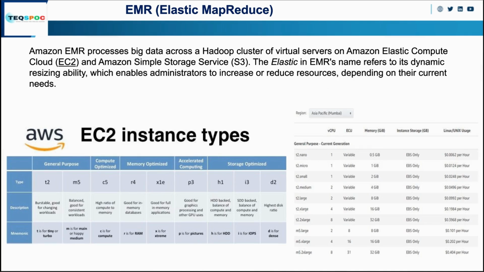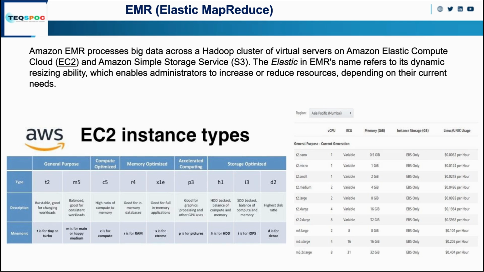So what is AWS EMR? AWS EMR is Elastic MapReduce. That's how it is termed, and it provides you a big data cluster or Hadoop cluster along with all the other services like Apache Spark, Hive, or Pig, whatever you need. So it will simply create a cluster and it will have all those tools for you to process the data. The only difference between an AWS EMR and an on-premise cluster is that in an on-premise cluster, you have to set up everything on your own from scratch,